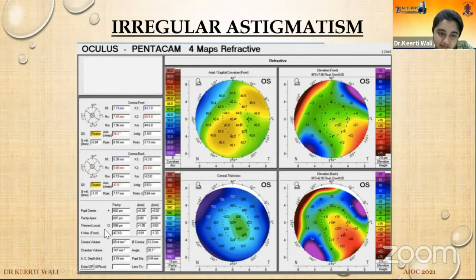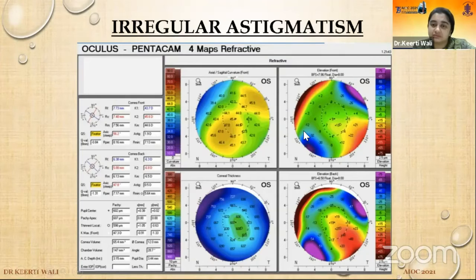And here you can see the thinnest location has shifted. It's not in the center. You can see the thinnest location is 598 microns at +1.05 and -0.63. -0.63 on the Y coordinate is definitely suspicious, and on the X coordinate there is definitely a horizontal displacement, +1.05. Okay, but the thinnest location is 598 microns.